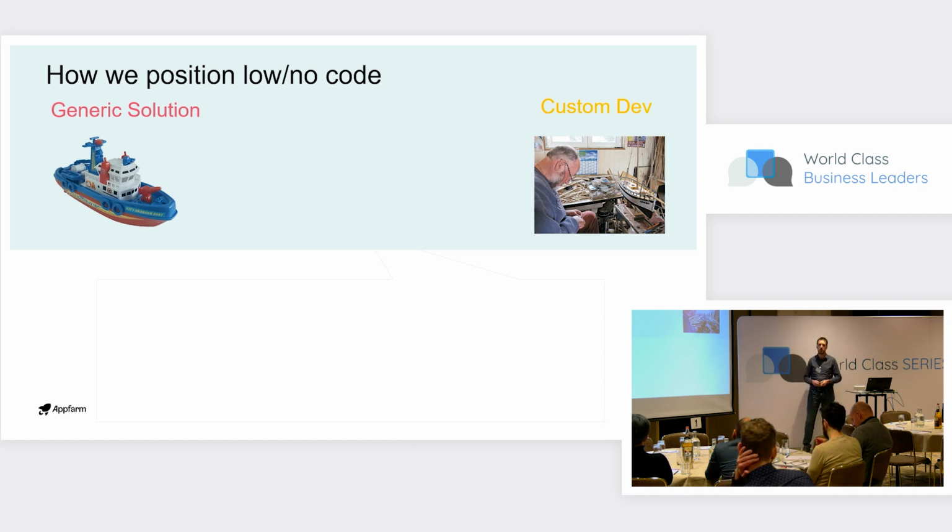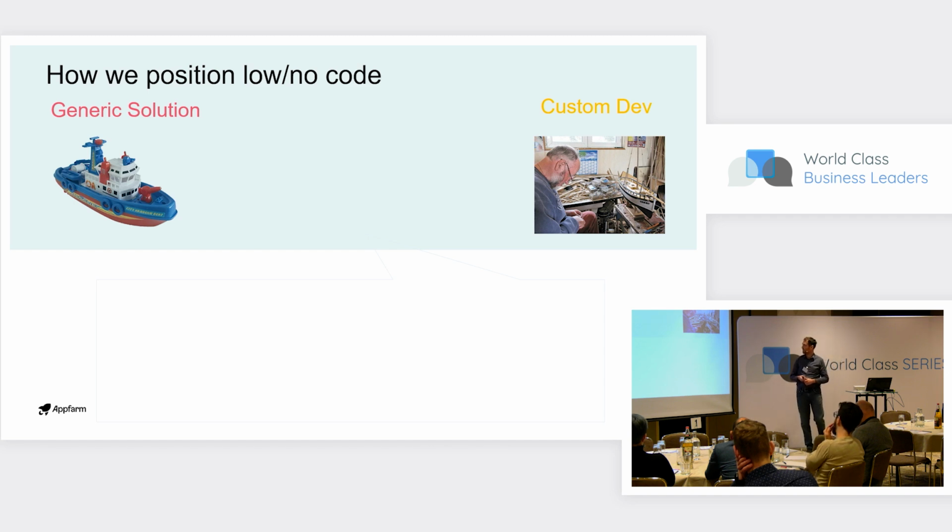So basically, when you want to solve a business need and it comes to making the choice, you have, let's say, two options. On the left, you can buy a generic solution that is off the shelf. You know exactly what it's going to do. You know the price you're going to pay for it, and it's exactly the same for this boat. You go to the store, you take it, you can just put it on the water, and hopefully it's not going to sink. Okay.